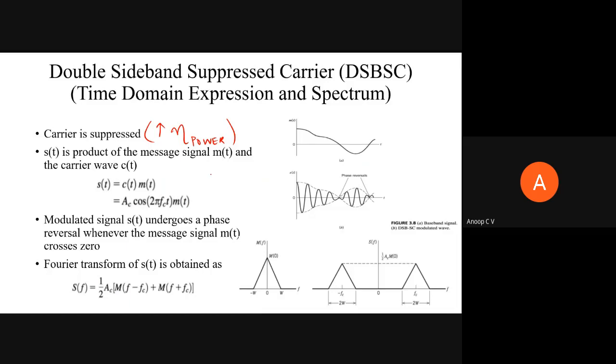So what is m of t multiplied with e power plus j 2 pi fct, by the frequency shifting property? Can anyone tell me? It cannot be one-sided, I need interaction. Can anyone tell me what is the Fourier transform of m of t multiplied with e power j 2 pi fct by the frequency shifting property? You can type it in the chat window.